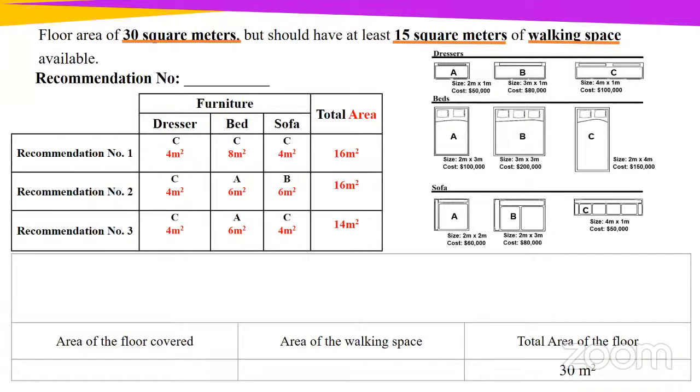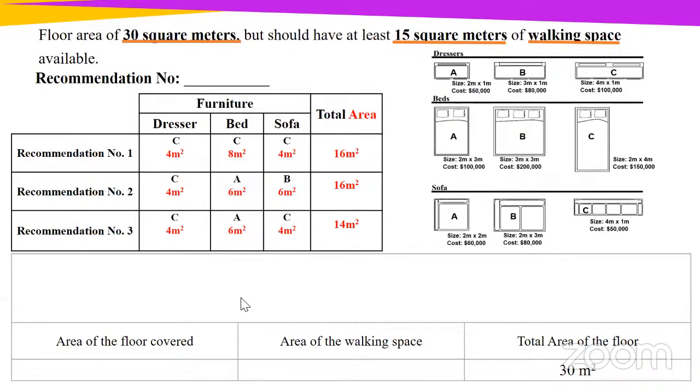So now, boys and girls, let's see our recommendations and see if, when we use recommendation 1, we will have the amount of walking space needed. I want to see who's going. I see the chat lighting up. So I want to know if we should go ahead with recommendation 1. Would we have the amount of walking space that we should have? I'm seeing no, with a few yeses in the chat. Would somebody like to explain?